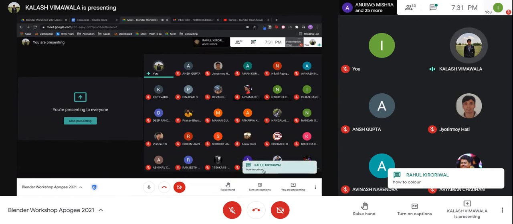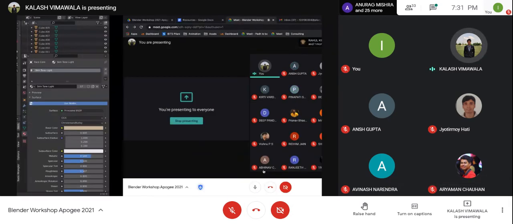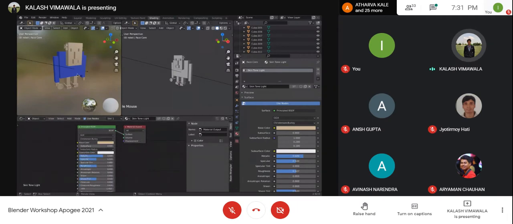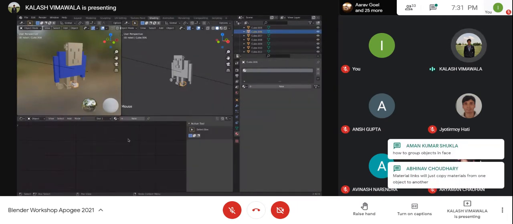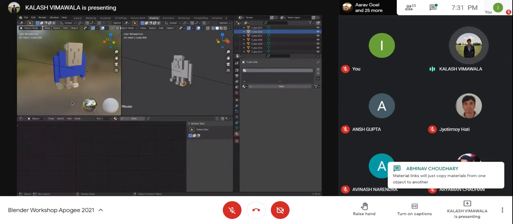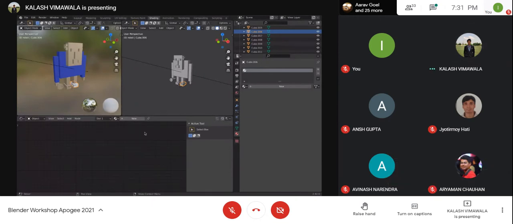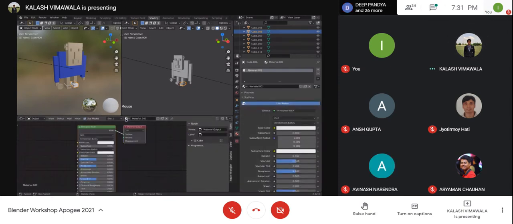How to color? Okay. Whenever you add a new material, say I click on one of the shoes, you will see something like this if it has absolutely no material at all. If you click on New, you see Material.001, that will be its name, and this is an absolutely new material.